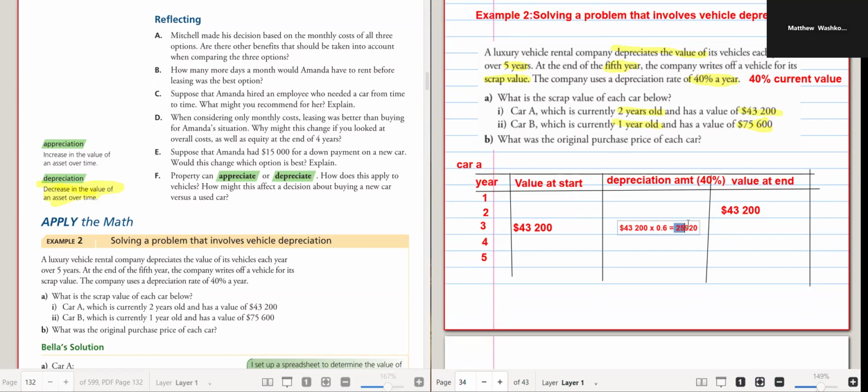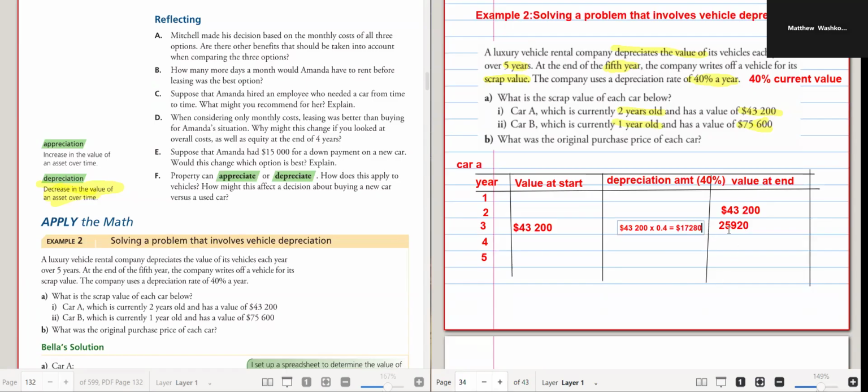Sorry, this is what it's worth at the end. Sorry, that's what it's worth. To find out the depreciation value, I have to times it by 0.4, right? Because that's 40% of it. My bad. So times that by 0.4, I can see the depreciation value is